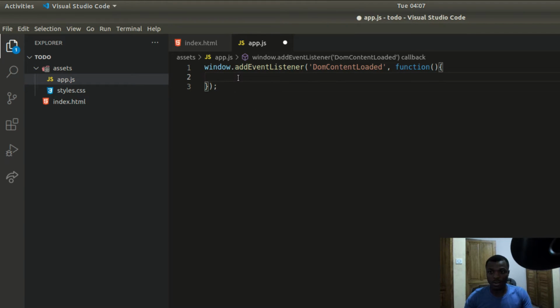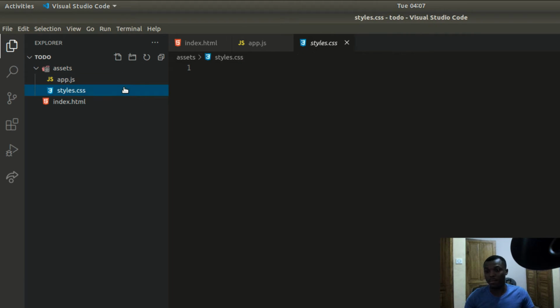So we are going to write all our JavaScript inside of this structure. The console.log, JavaScript loaded. And for the CSS, the only way to know that stuff has loaded is to basically apply some